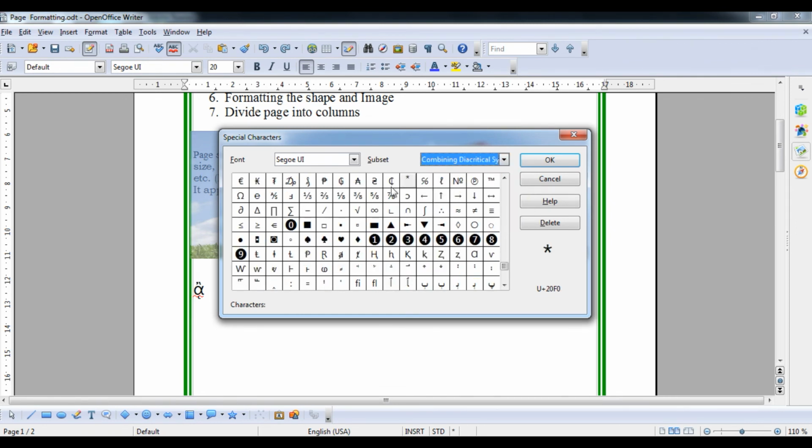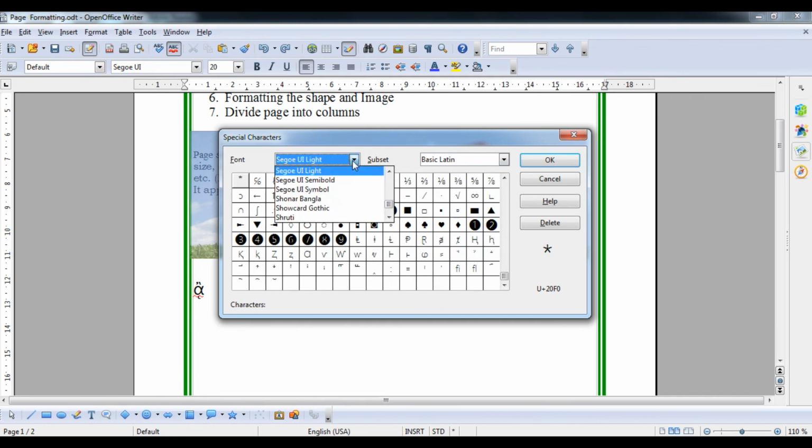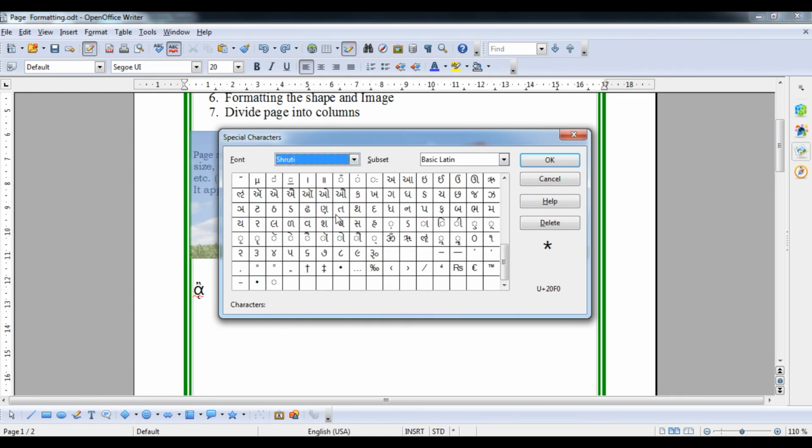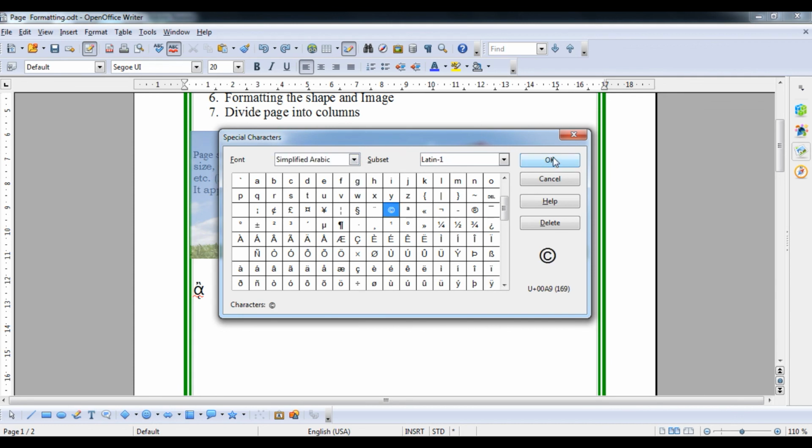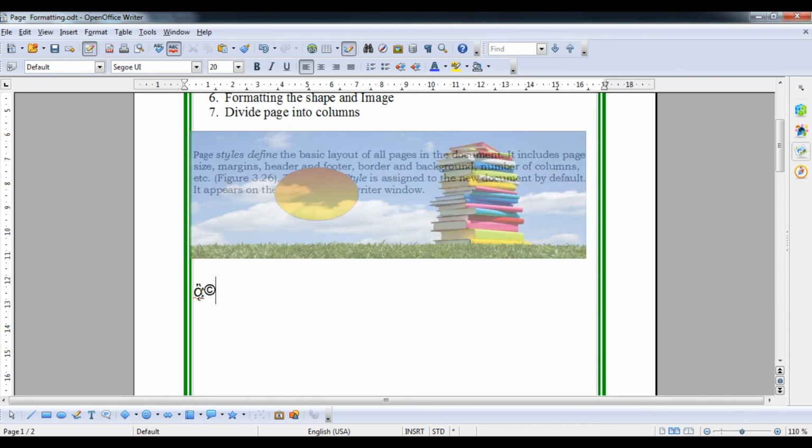So you can select any of the subsets, okay, and you can use the font of your choice, okay, because font is also there. You can insert any symbol also, Arabic, whatever. Okay, like copyright symbol, so you can see copyright symbol has come here. Okay, student, so such symbols we can insert.